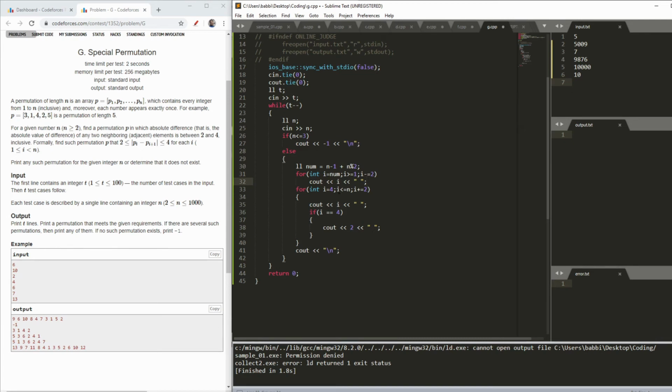Then as I stated, the first element will be 4, and the next element will be 2, because here when i is 4 in the next iteration, the next element will be 2. So basically my first element will be 4, next element will be 2, and after that I will move to 6, 8 and further so on and so forth. So after that I will have my next line, and yeah, it was all for this question.